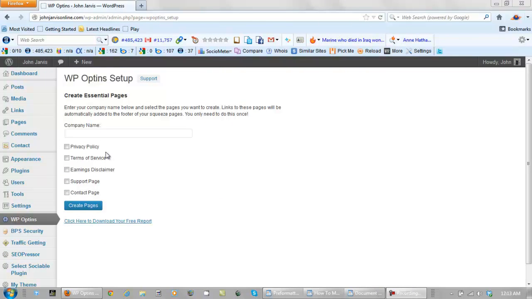From here you're going to notice that it gives us 5 new pages: privacy policy, terms of service, earnings disclaimer, support page, and contact page. Depending on if you're setting up a personal website or a business website, here you place your company name or your name, and I'm setting up my personal website right now, so put your name in here,